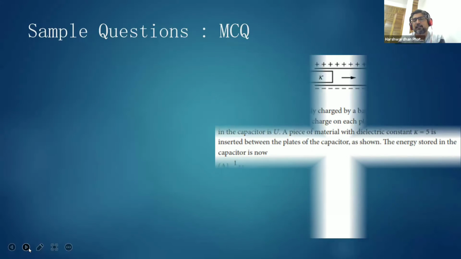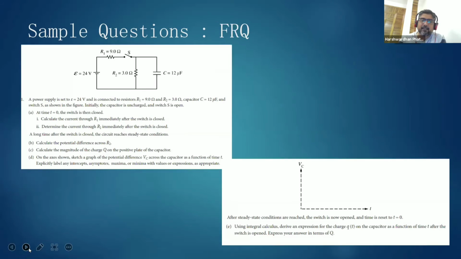With the FRQs, it's a different story, because there, as you can see, this is a sample FRQ. You can see that it's an RC circuit question. It has the resistive element as well as the capacitive elements. So you need to analyze the RC circuit, find out the current, find out all other variables, as you can see, through different parts of this network.